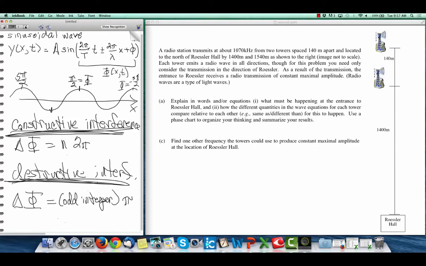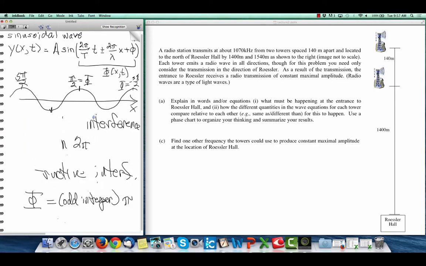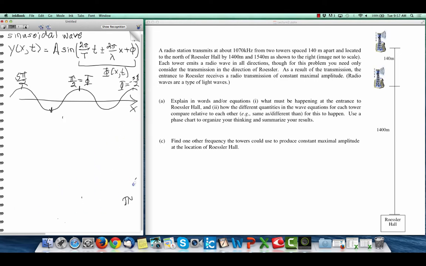I'm going to get rid of this and ask you to think about this particular problem in terms of a wave chart. So we're going to have more than one wave: wave 1, wave 2. And what's important about the waves? Well, if you want to know whether it's constructive or destructive, then you look at the difference between the two